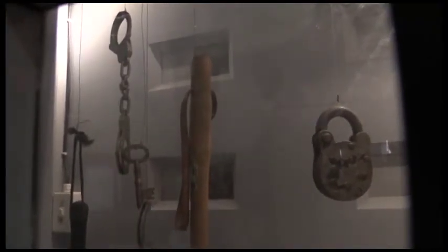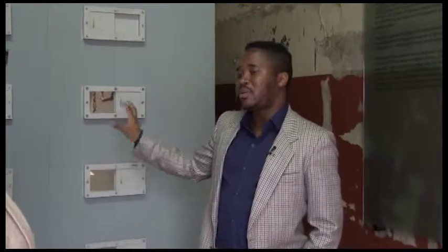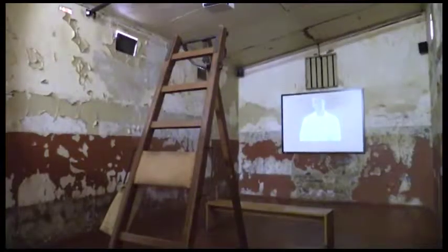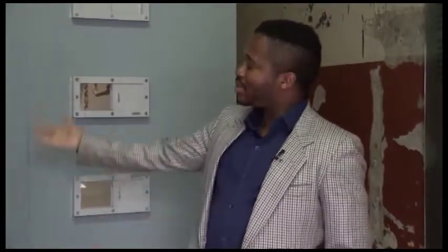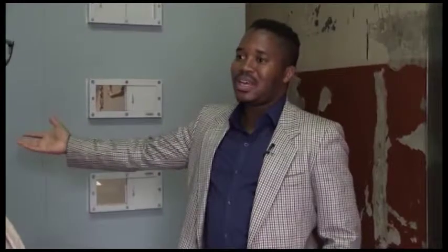So we've decided in this room to put an exhibit about the types of punishment that were administered. And then we also put a recording onto the wall of the experiences of prisoners talking about how they were punished. So you're welcome to take a look at the type of instruments that were used, especially the